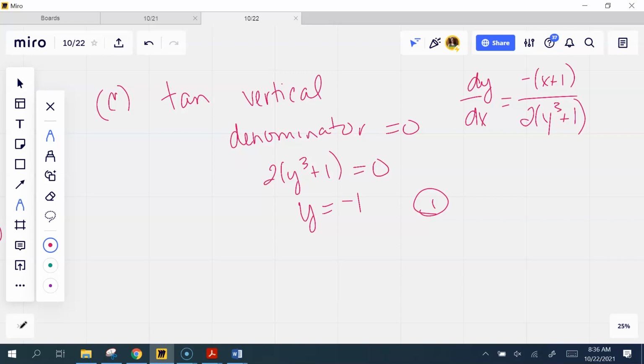The top being 0 would be a horizontal tangent, right? Remember, when the derivative equals 0, I'm at a horizontal tangent. If the derivative is undefined,